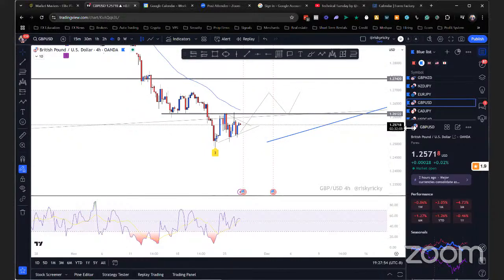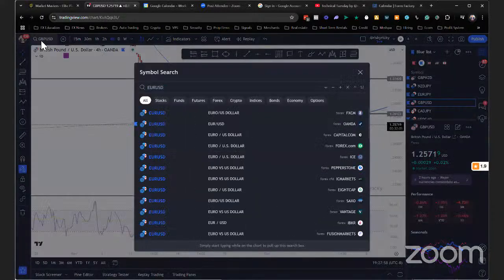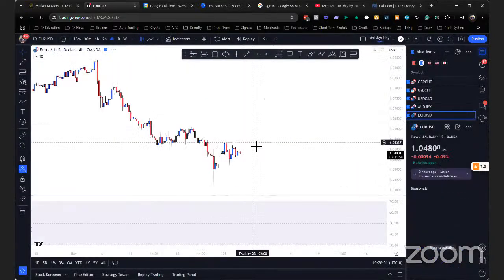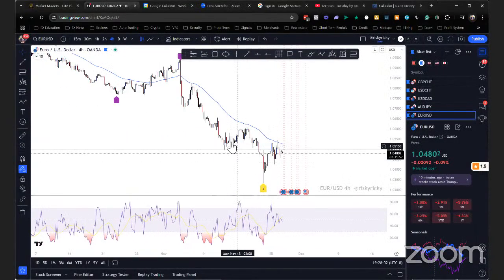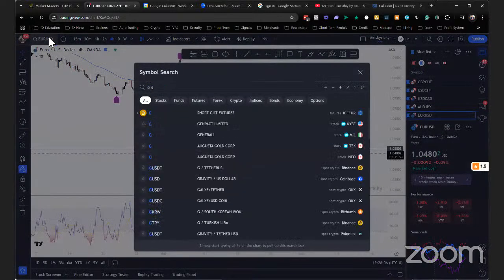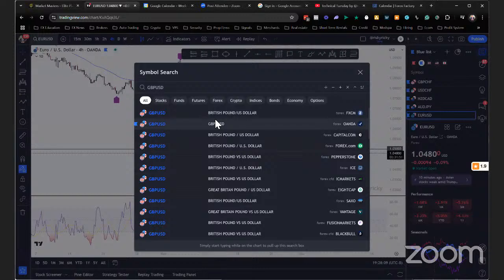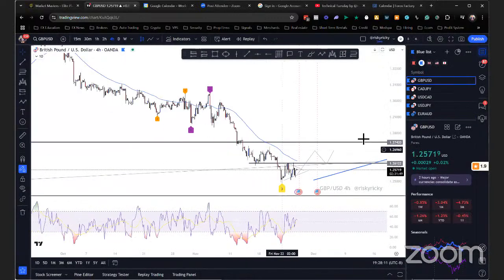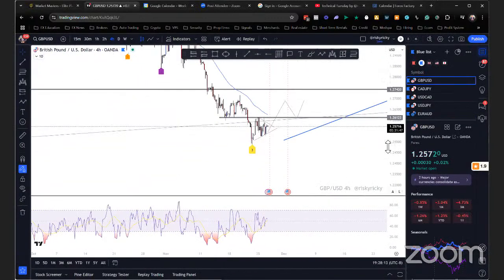But yeah, so same thing with GBP USD. If I look at Euro USD, it's basically the exact same thing. It's like its twin brother. So it's the same exact formation that's going on. So no real nice setup out there. Now maybe there will be a breakout towards the upside or downside.